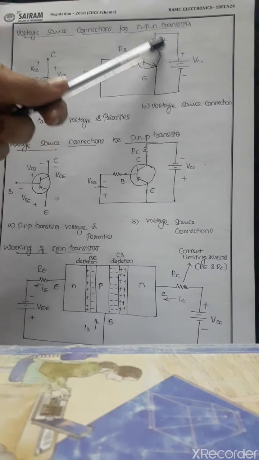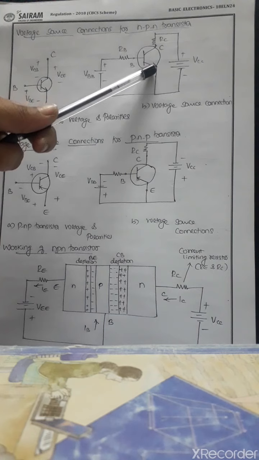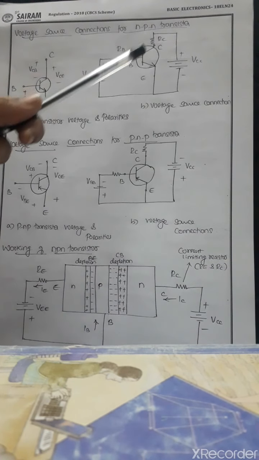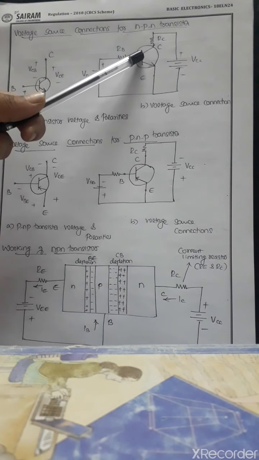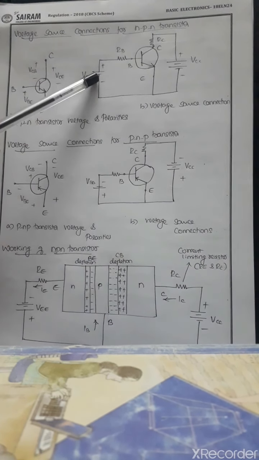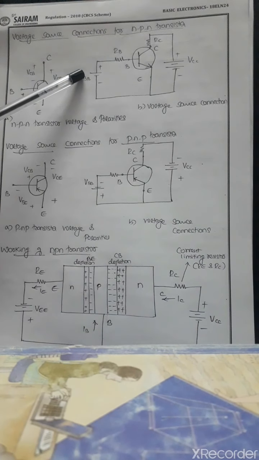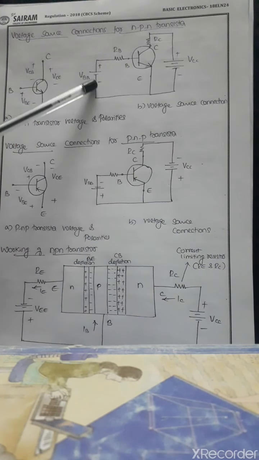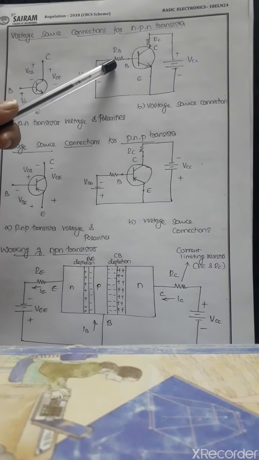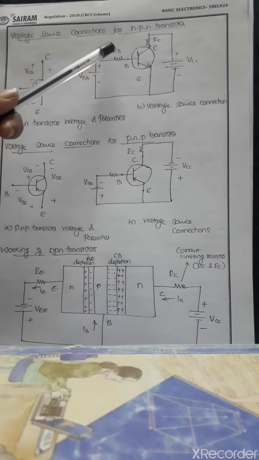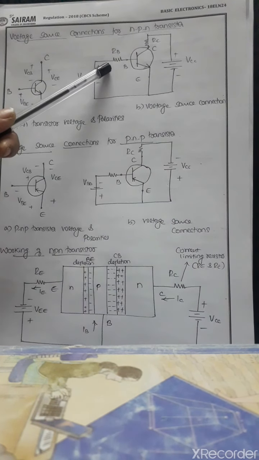As you see, the symbol is that of an NPN transistor, so this is N type, P type and N type. For P type, in order to have forward bias, the P type material has to be connected to the positive of the battery, and the N type material has to be connected to the negative of the battery. Hence it is under forward bias. This voltage source is connected to the transistor via a series resistor, named RB, which is also called the current limiting resistor.